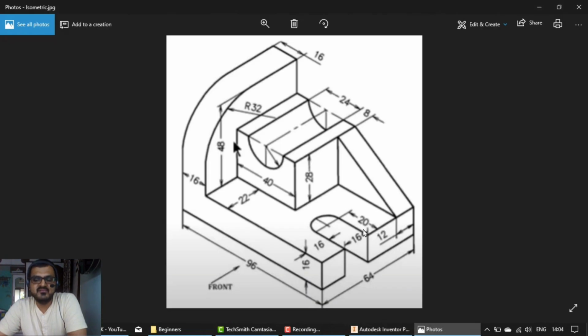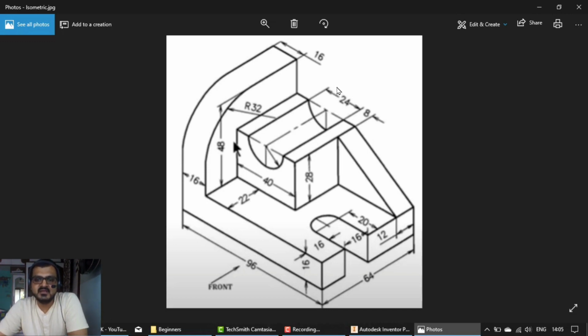So we are actually done with the base, without this hole and this projection. Next we are going to make this projection. There are many ways to make this type of projection. First, I can make a rectangular cuboid over here and then make a hole in it.